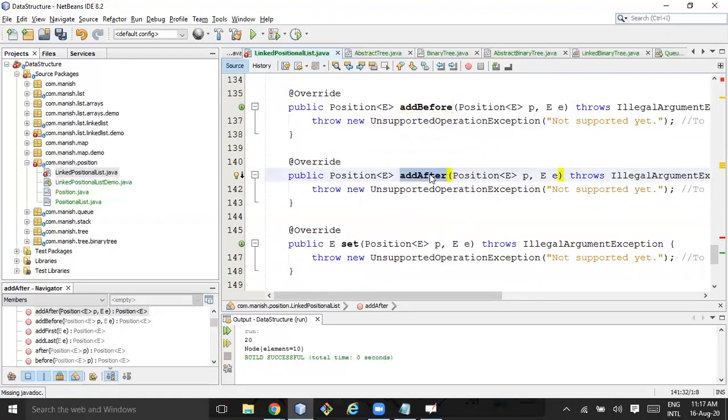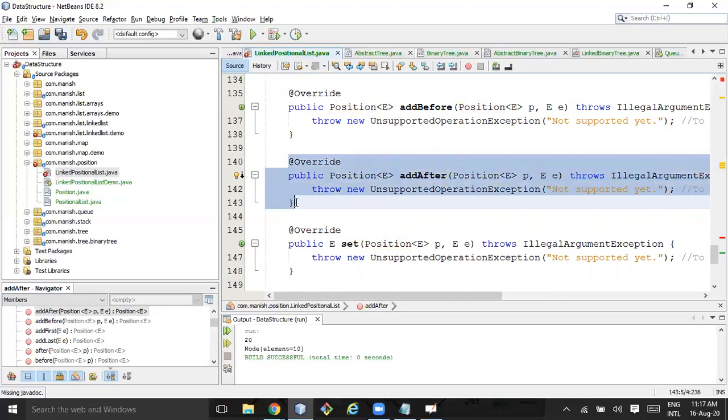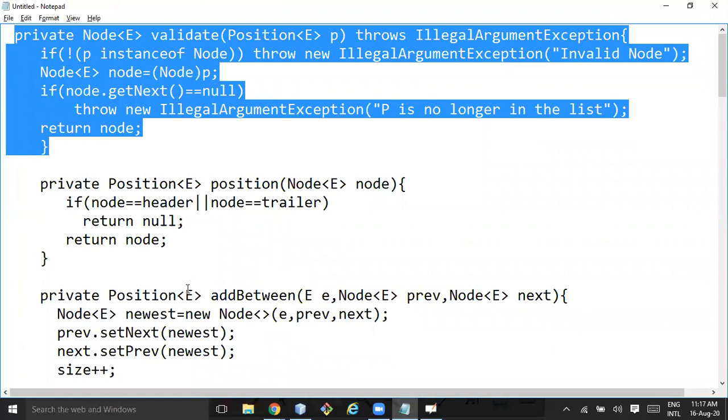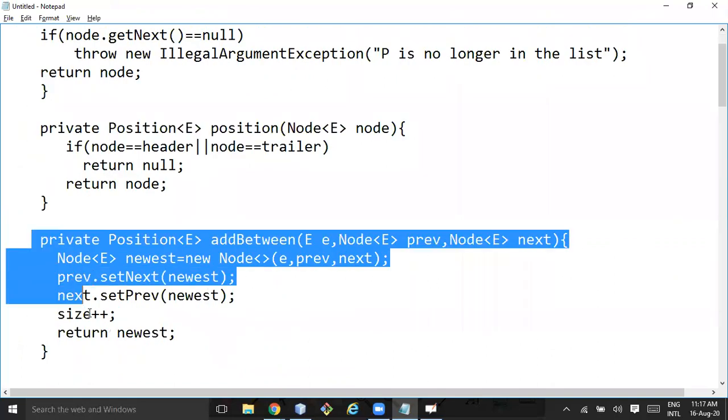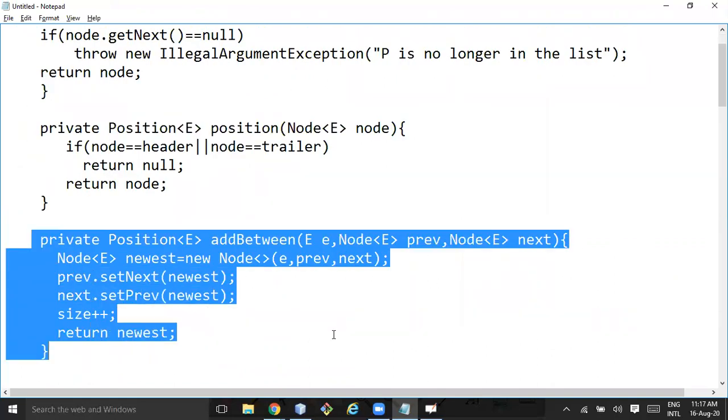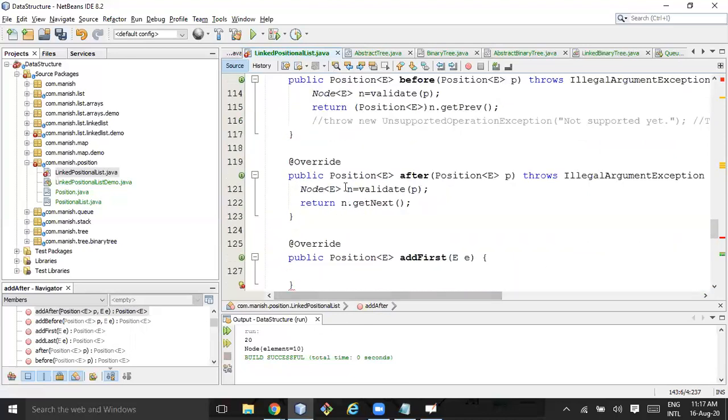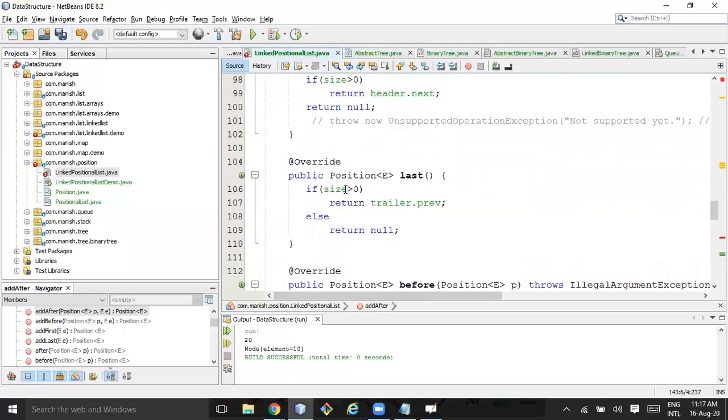Add after is when some element is there, so that element and its dot next in between. So I will write a private method called add between, and that will be reused everywhere. This will be the common method used by everyone.